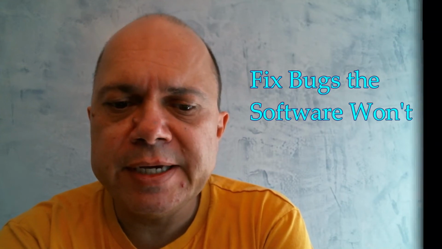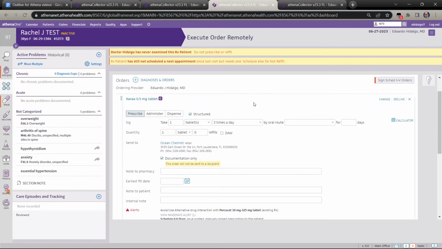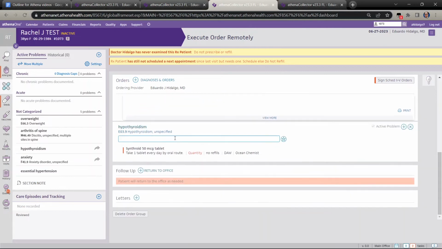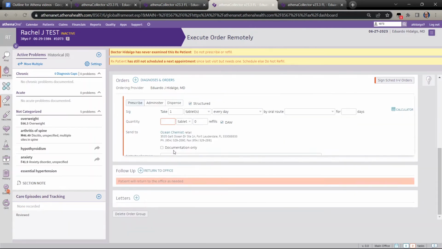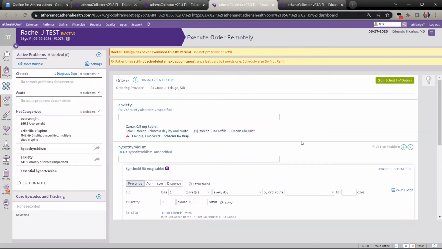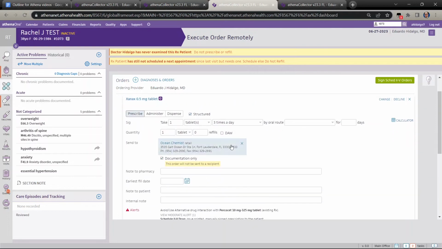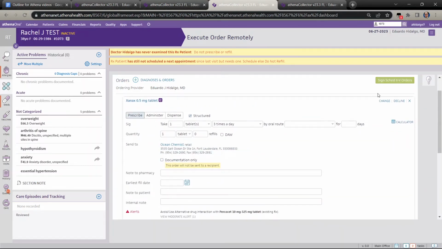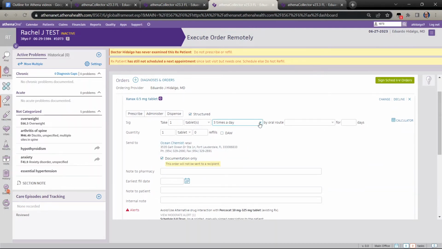So here we have a case of a Xanax, and we have this Synthroid. And as soon as I have the full quantity there, you'll notice I can sign both of them. But if this order batch has the Xanax that's also meant to go directly to the pharmacy, this becomes grayed out again. By having